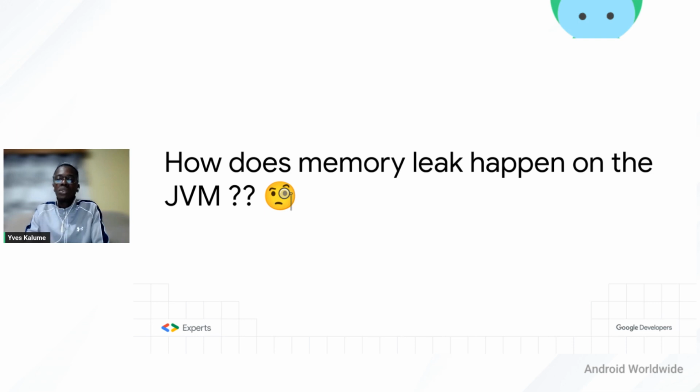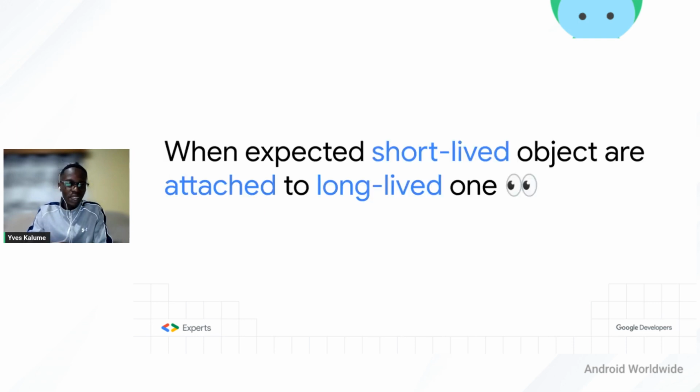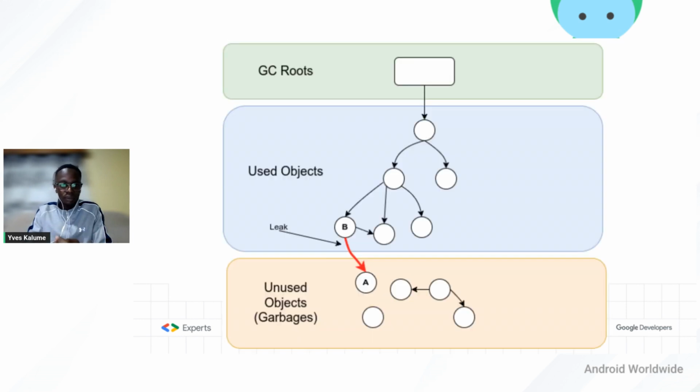So how does a memory leak happen in Android? I can say that memory leaks happen on Android when expected short-lived objects are attached to a long-lived one. For example, we can have an object A, which is no longer semantically used by our application, but we hold a reference to this object in an object B. So we can say that A is leaked